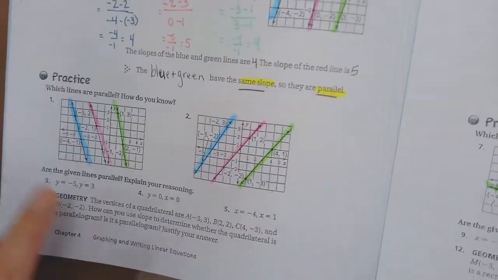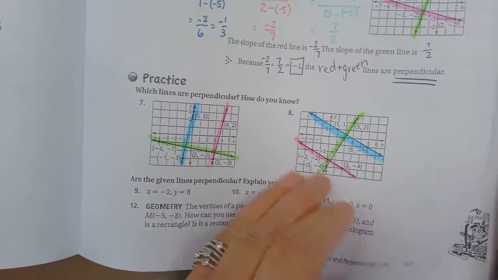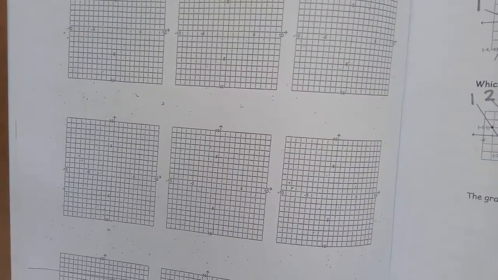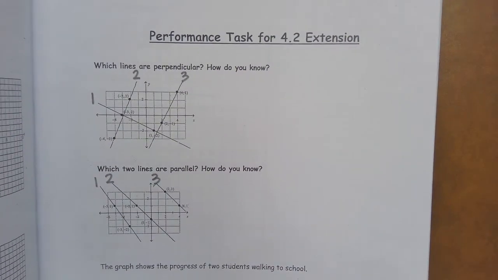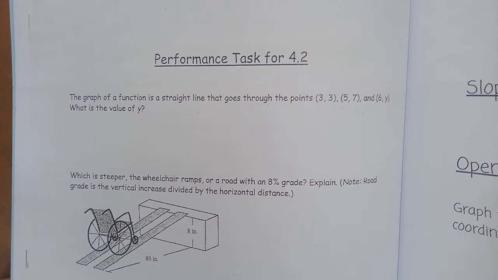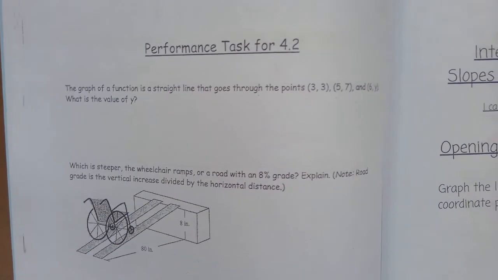So what you're going to do next is you're going to do 1 through 6 here, 7 through 12 here. You can do it either on those pages right there, or if you turn the page, you have a bunch of graph paper and space to use to write in your booklet. When you're finished, I would like you to do the performance task for 4.2 extension on this page. And if you flip back, I would also like you to do the performance task for 4.2. These will be due for your next in-person